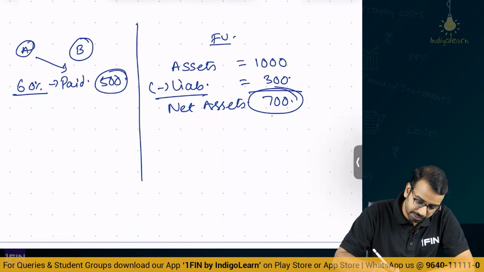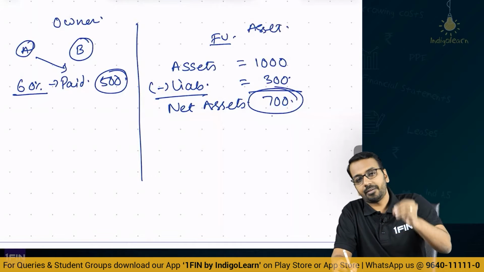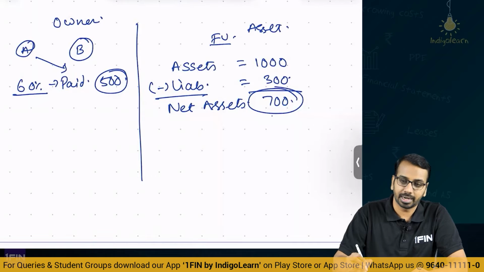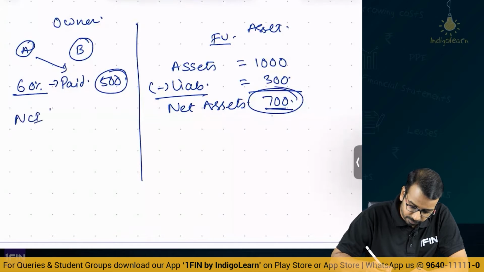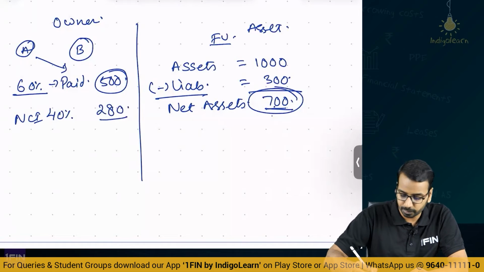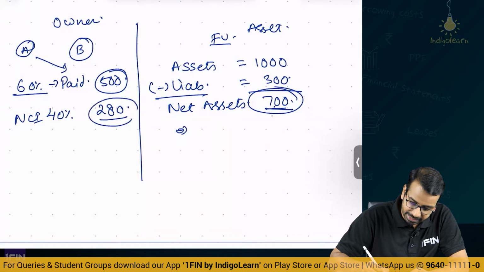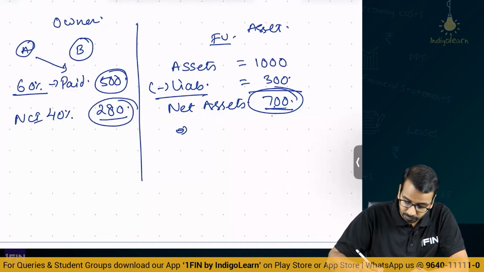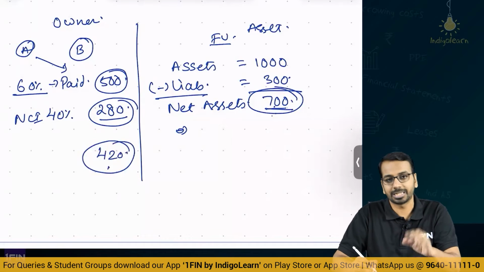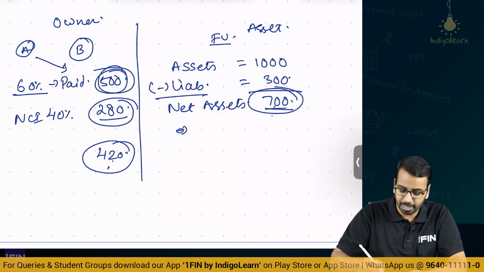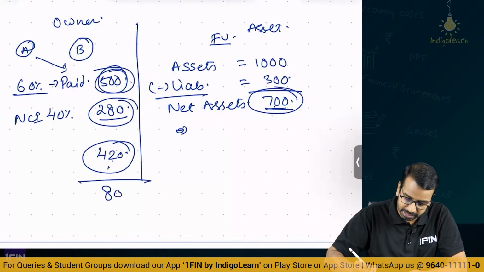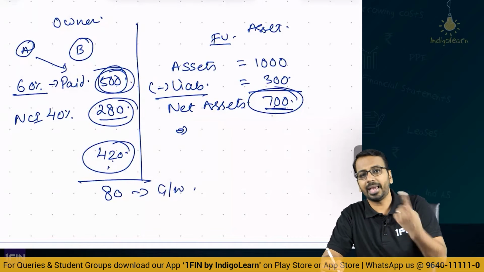Now, this is the owner's side, this is the asset side. We paid 500 to acquire 60% of 700, right. Now, is this entire 700 with us? No. Out of this 700, NCI takes 40%. So, 700 into 40%, 280 is owned by NCI. So, from the 700, actually if you reduce NCI portion, 700 minus 280, how much is left? We are left with 420. This 420 is nothing but 60% of net asset. For 420, we paid 500. This extra amount that is paid, 500 minus 420, this 80 is called goodwill. If I pay extra, that is goodwill.